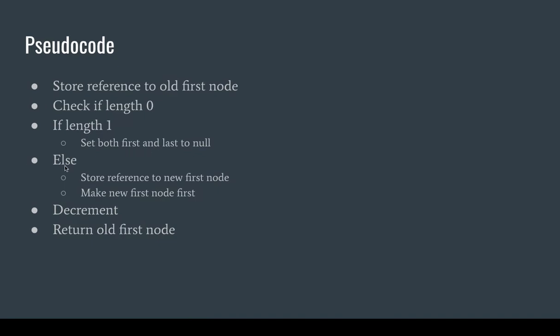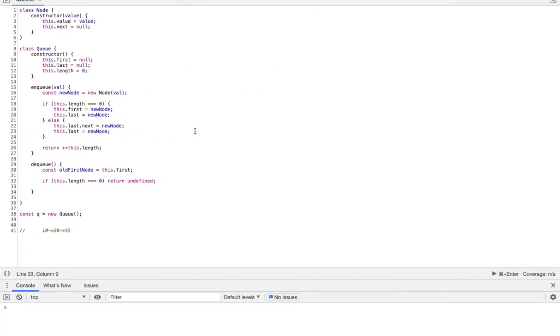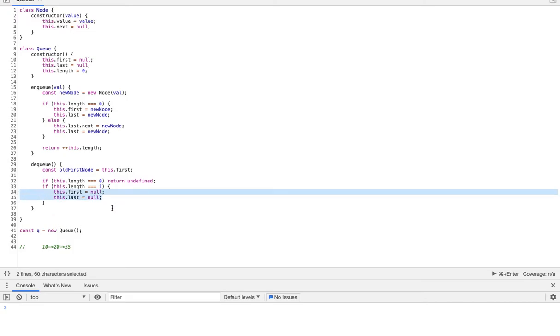Next, if length is 1, then set both first and last to null. So it's kind of like resetting these values back to their defaults over here. So if this dot length is equal to 1, the one and only node, we're just going to reset the values by doing this dot first is null, and this dot last is null. We don't have to worry about decrementing, this dot length minus minus, because we're going to take care of that regardless at the very end. Just resetting the first and the last like this is sufficient. Else,